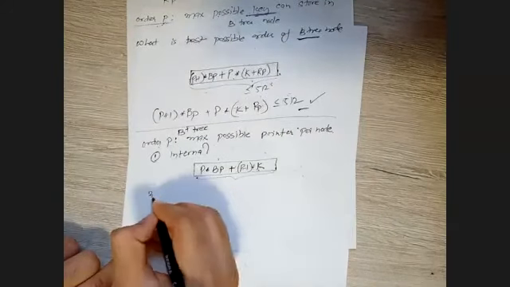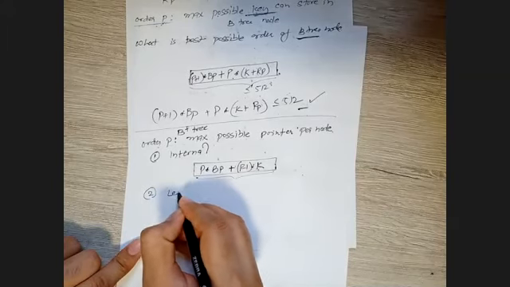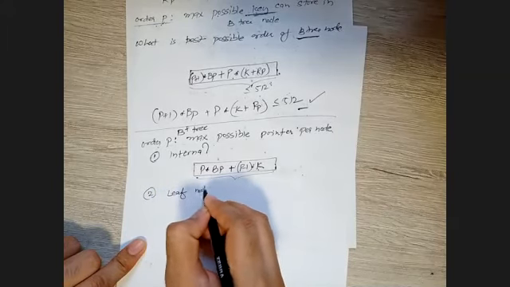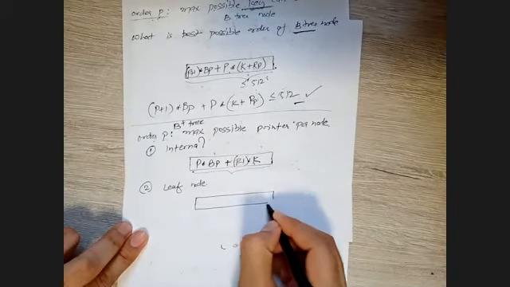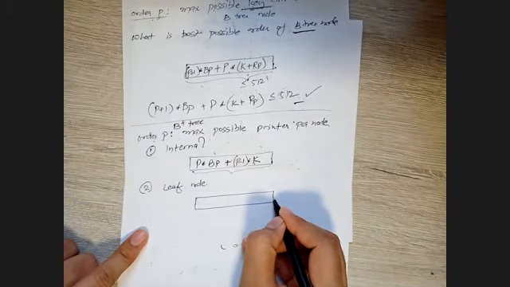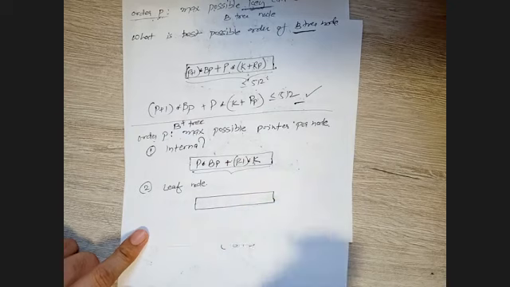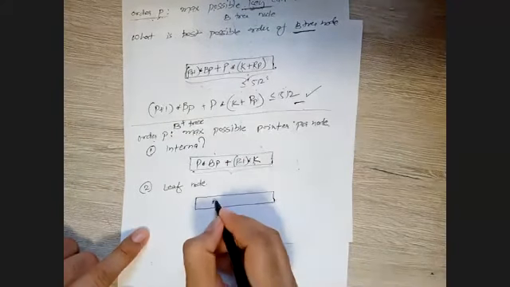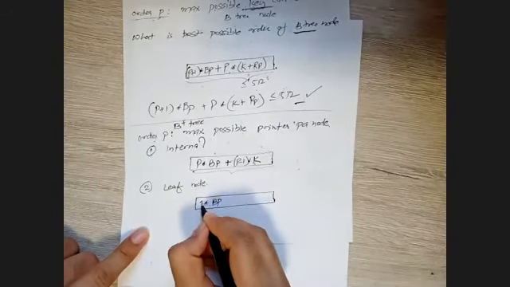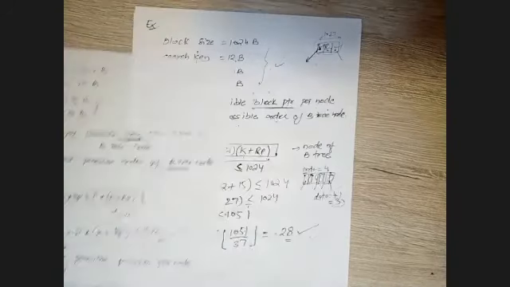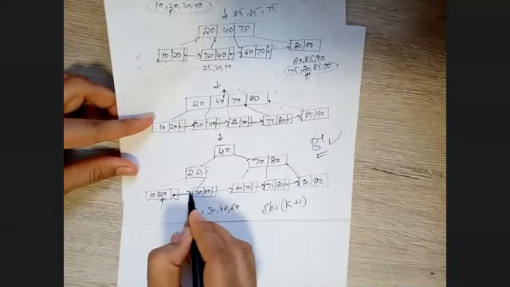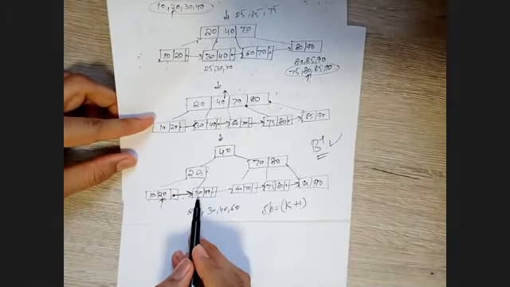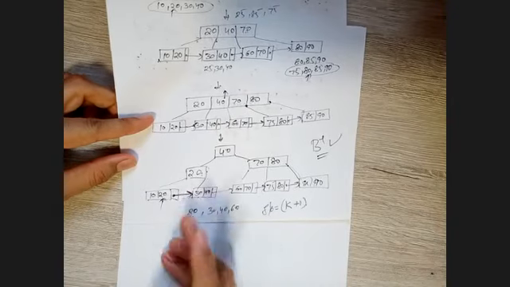The same way, very important for your leaf. What formula will be for your leaf node? In the leaf node of your B plus tree, how many block pointers do you have? Only one, isn't it? Right? So at the end we have only one block pointer that is pointing to the next node here. There is no other block pointer, right?